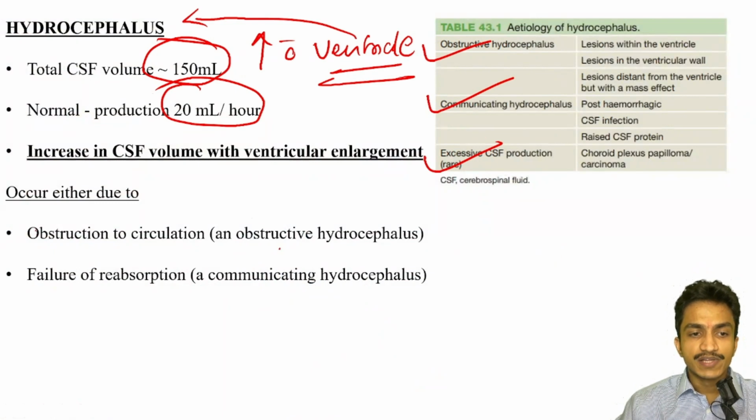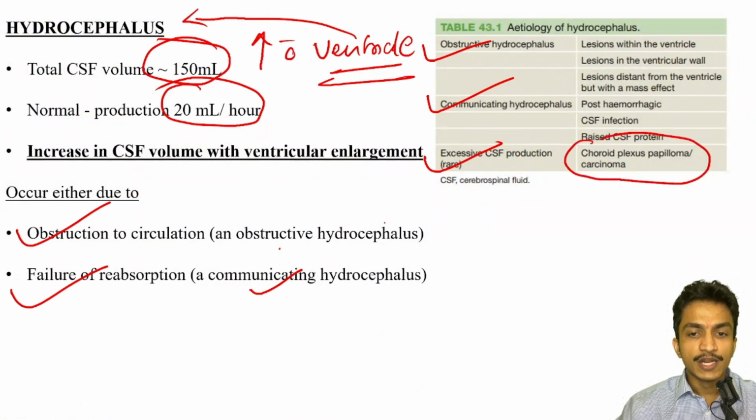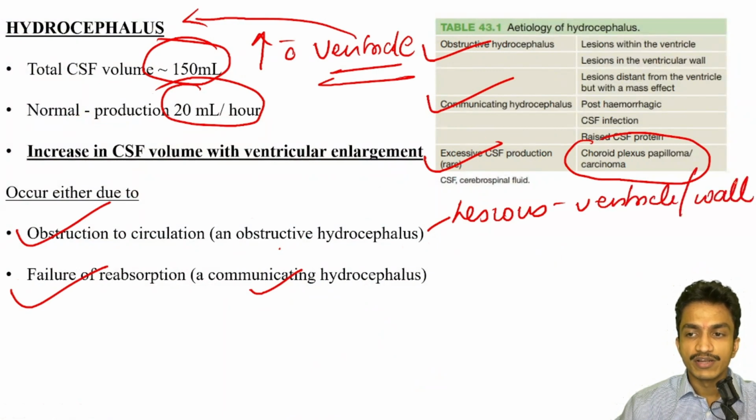In obstructive, there is usually obstruction to the circulation of the CSF, and in communicating, there is failure of the reabsorption. Excessive CSF production, which is very rare, is due to choroid plexus papilloma or carcinoma. In obstructive hydrocephalus, wherein there is obstruction to the circulation of the CSF, it occurs due to lesions which are seen either in the ventricle or the ventricular wall, or the lesions are away from the ventricle but cause a pressure effect